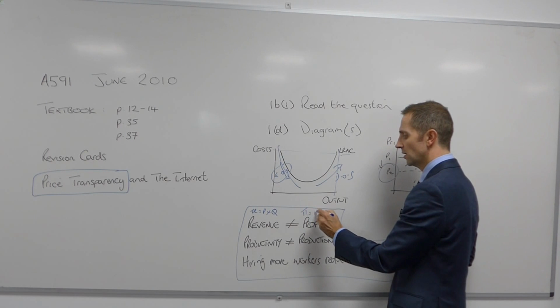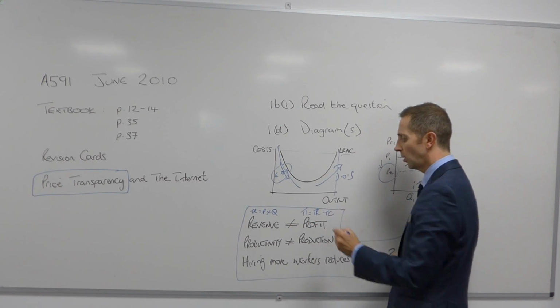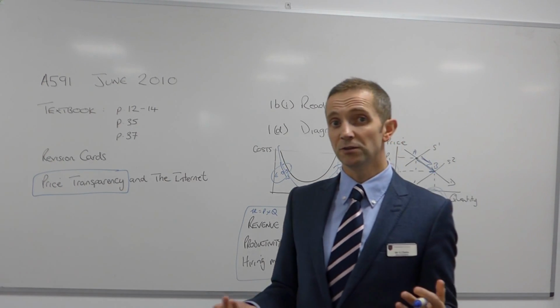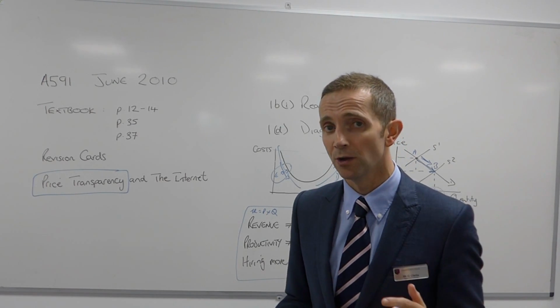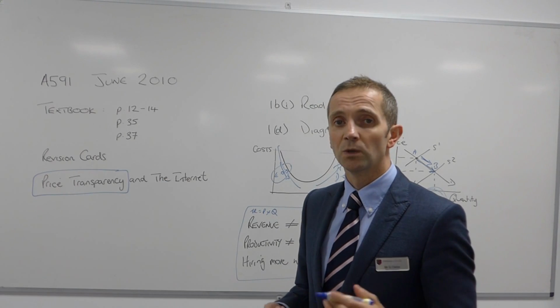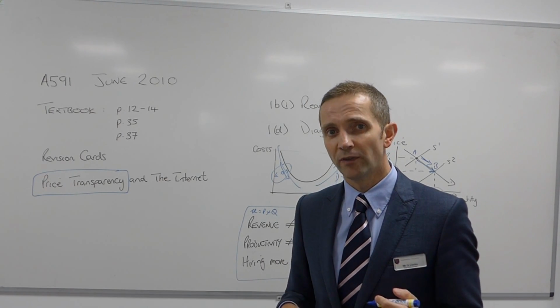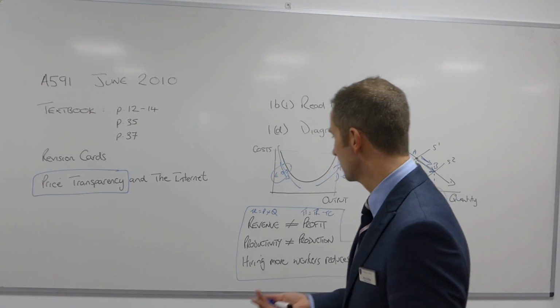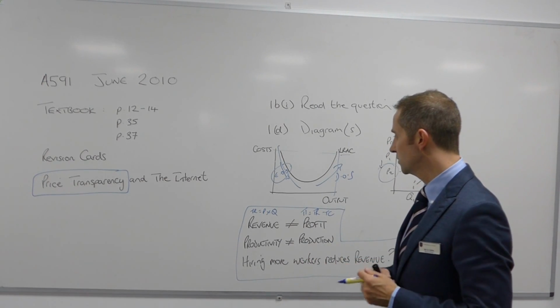Profit is total revenue minus total cost. So if my revenue from selling my Mars bars was £1, but my costs of buying those Mars bars was only 50 pence, then my profit is 50 pence. So too many of you are often confusing that. Next,